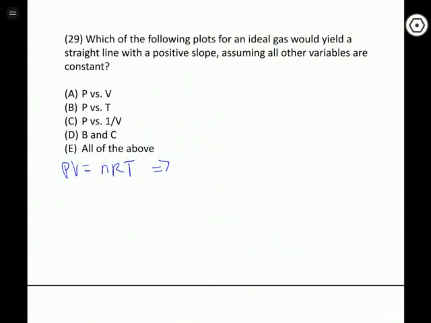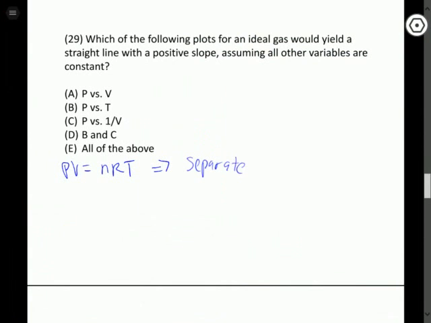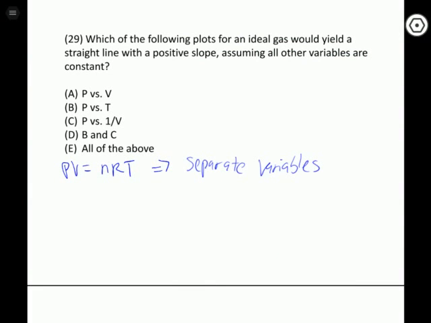Anyway, back to this. Okay, so then we're going to separate the variables. We want to put the two variables that we're comparing on opposite sides of the equation to derive a relationship between them that we can then plot as a y versus x type of graph. So for choice A here, we're doing pressure versus volume. We take PV equals nRT and move volume over to the other side. We get that P is equal to